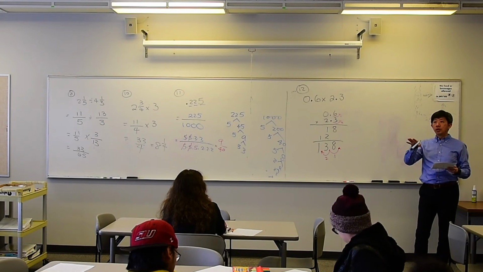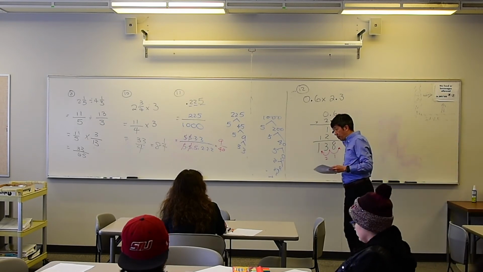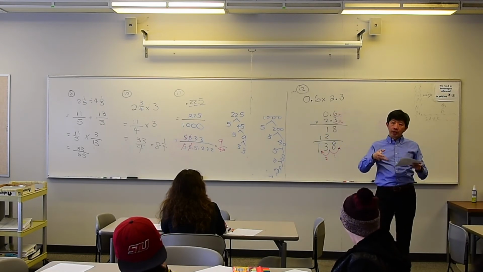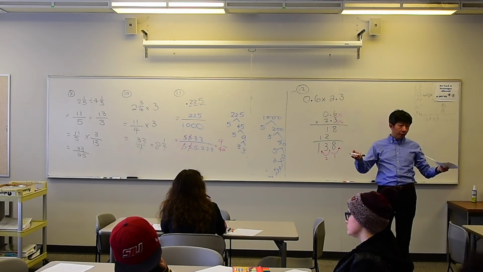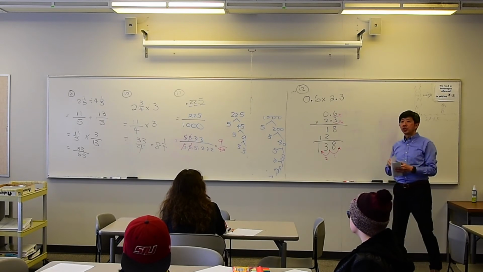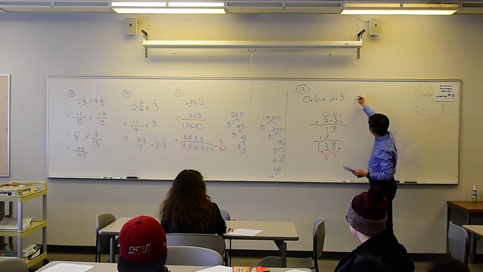Before, students learn decimal multiplication like this, and I assume they already know fractions, right? They might know fractions, and next they will learn decimals. So, in order to answer the question why,